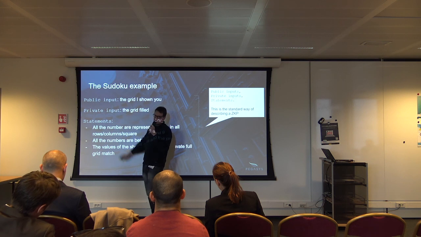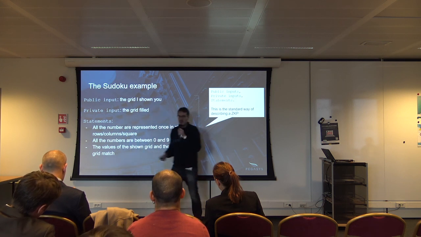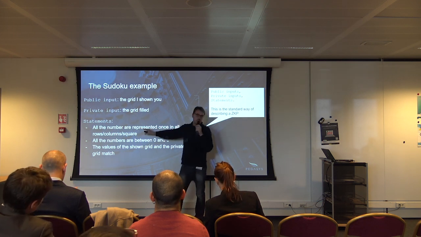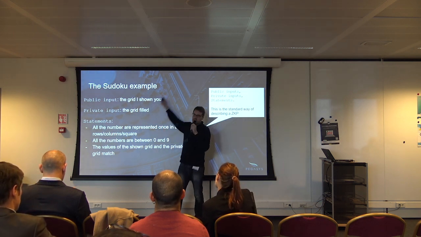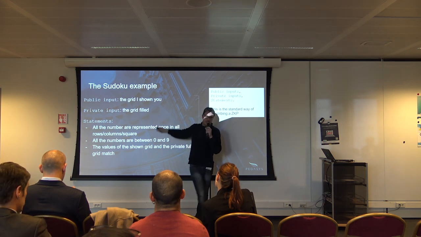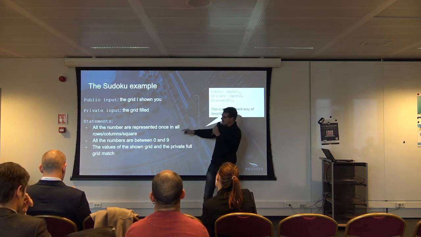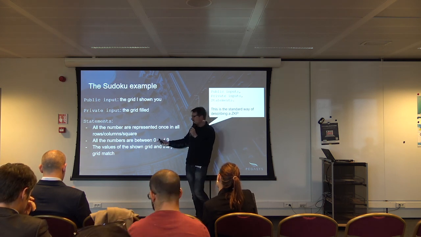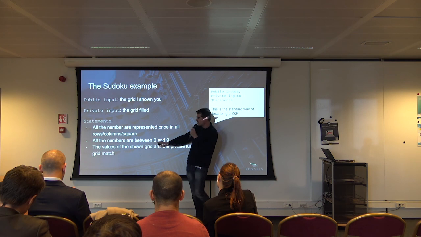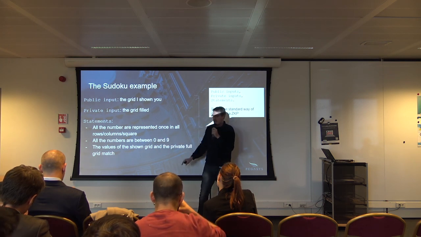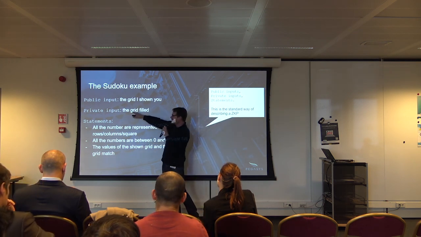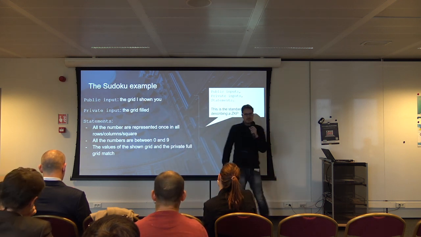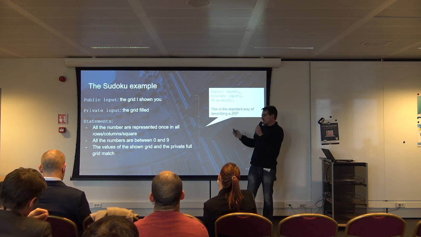And I'm going to put a set of statements, which are basically knowledge. The statements are going to show that it's a real solution. All the numbers are represented in all columns, in all rows, and all squares. And as well, you need to do the basic stuff, which is, maybe I'm cheating, so it's a real solution, so all the numbers are between 0 and 9, and the private part and the public part are in line. Okay? And if I can do that with a ZKP,